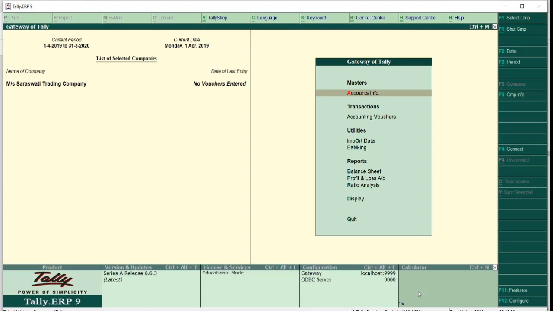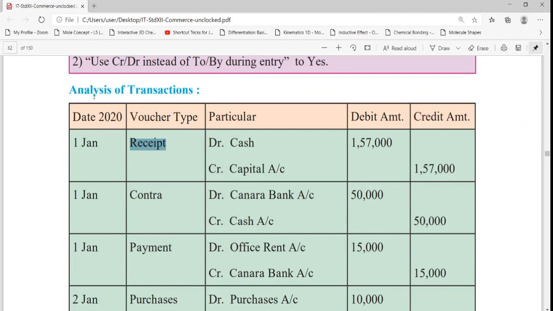Here in the problem, in the analysis of transactions, the first transaction is on 1st January, cash account debit to capital account. So we are going to pass this journal entry in a voucher, and the voucher type is also mentioned as receipt.